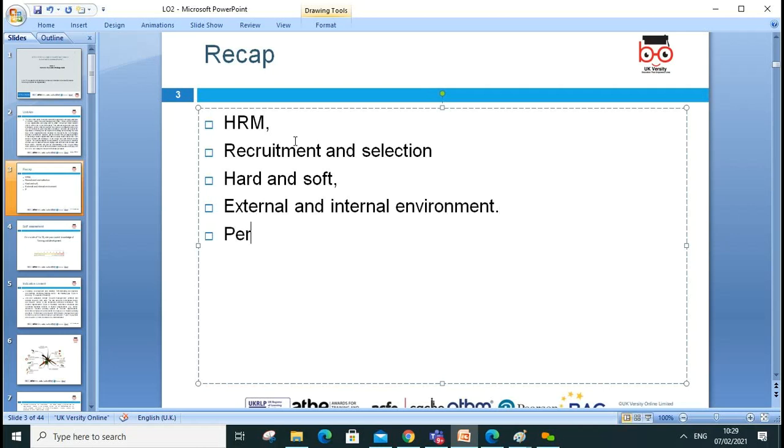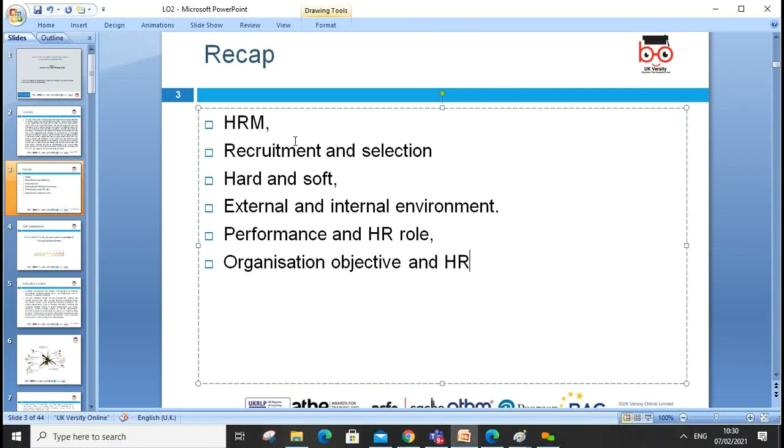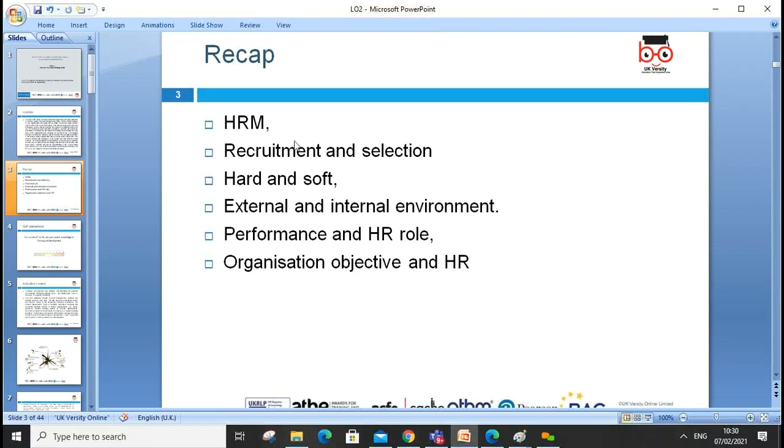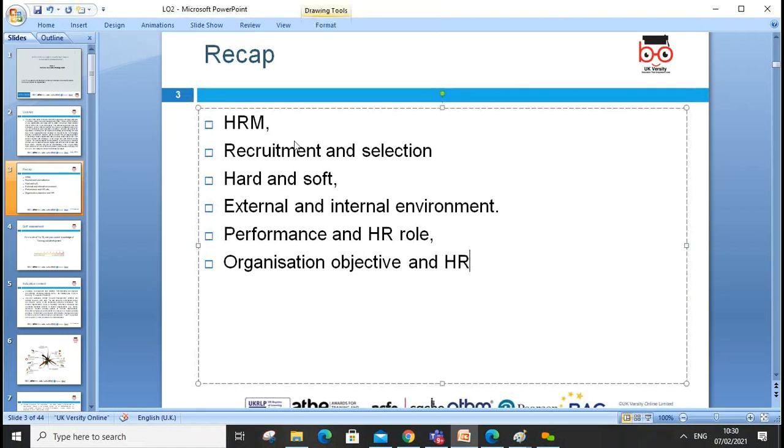We discussed performance and the HR role. We discussed organization objectives and HR. So that's the key thing we discussed in the last lesson, and we discussed the case study,